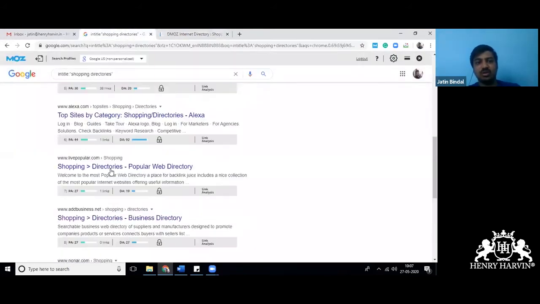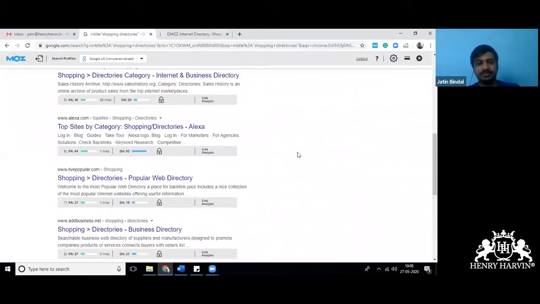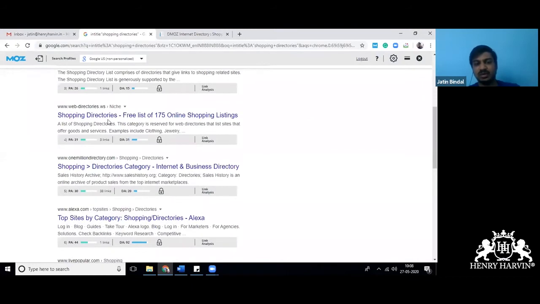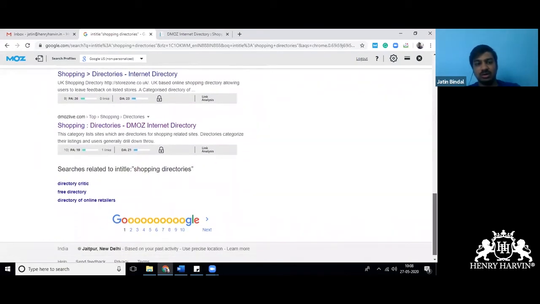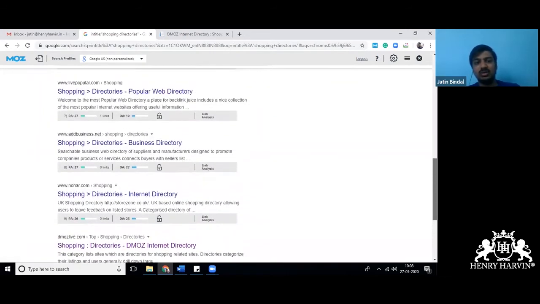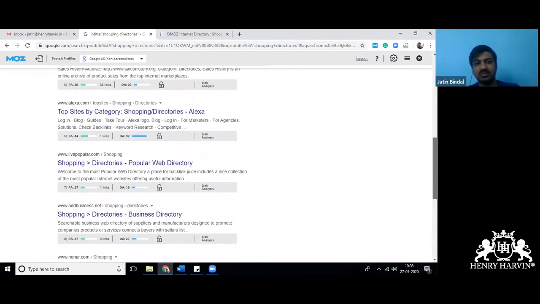So always check it, or you will get a list of websites. If you have installed Moz on your search bar, then over here itself you can see the DA, so that you don't go and open those websites.